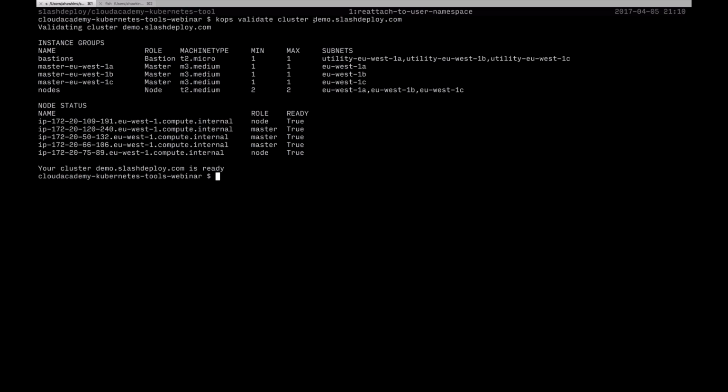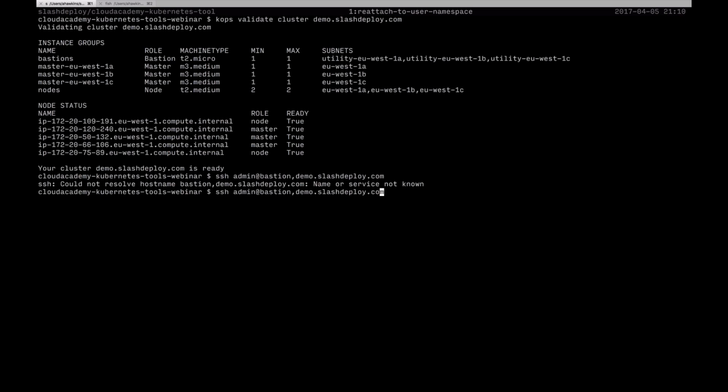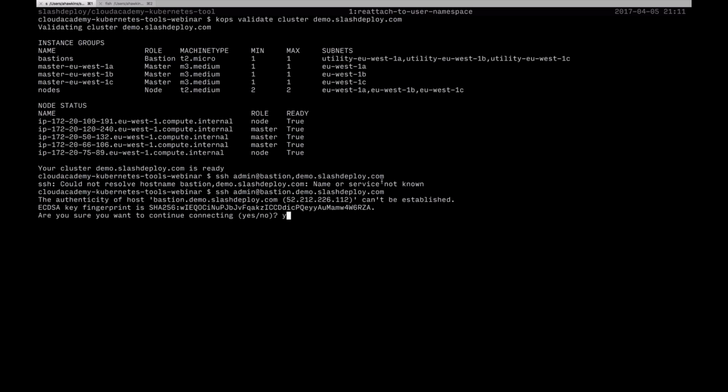So I can say ssh admin at bastion dot cluster name. Kops has automatically created this Route 53 DNS entry for us for bastion, which points to an ELB fronting our bastion machines. So if I have my keys correctly,